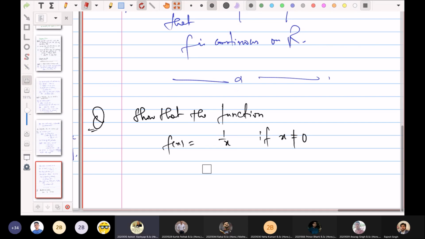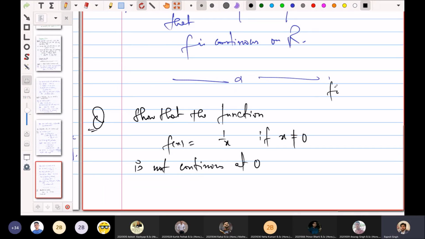सर वो तो x नॉट इक्वल टू 0 पहले ही कंडीशन दे दिया है ना। हाँ हाँ, वही तो मैं समझा रहा हूँ। If you are being asked to show that this function is not continuous at 0, तो f of 0 की तुम बात ही नहीं कर सकते ना. You cannot talk of f of 0, because f of 0 is not defined. So you will directly say that the function is not continuous at 0 because it is not defined at 0, 0 is not in the domain of f, ठीक है।